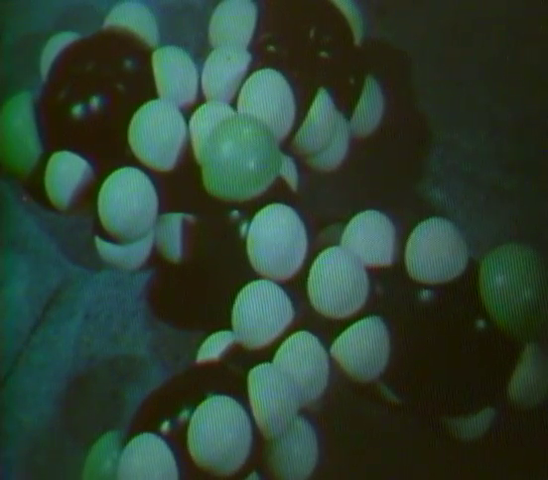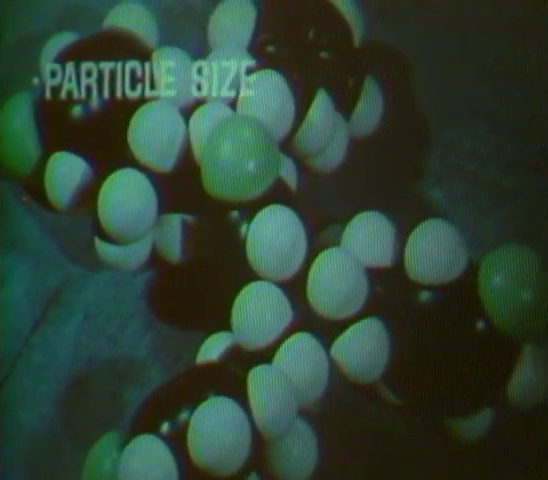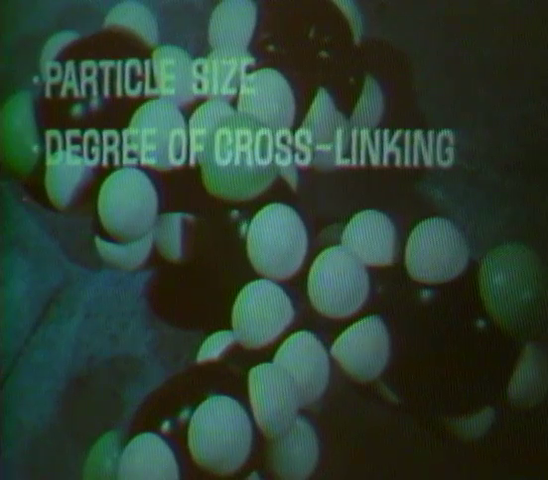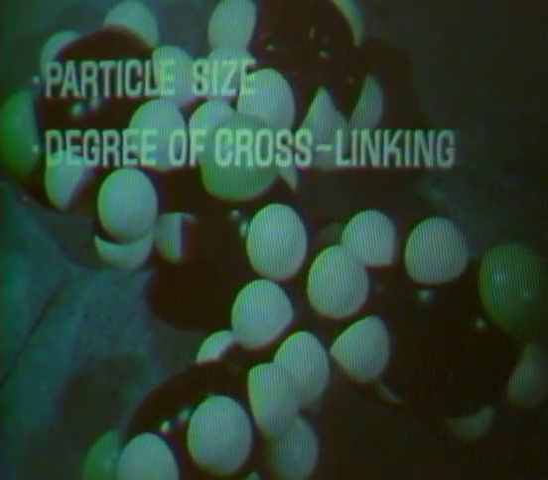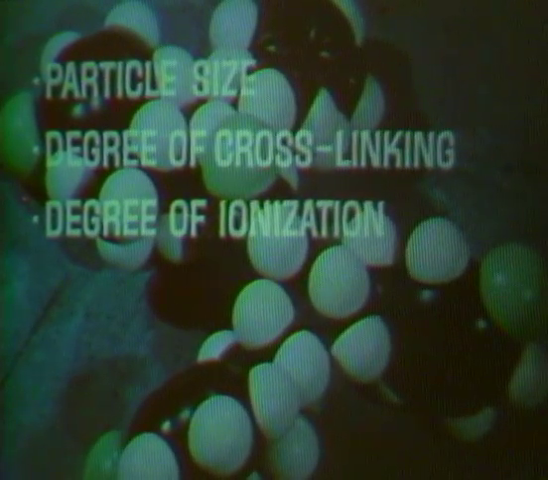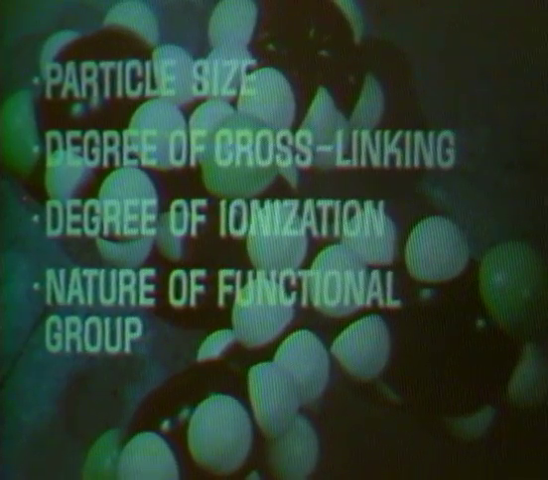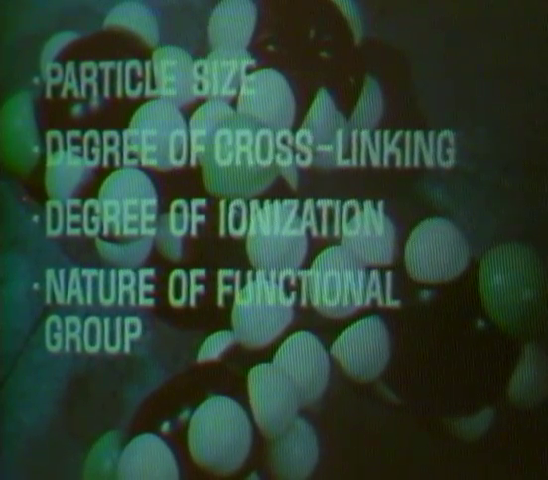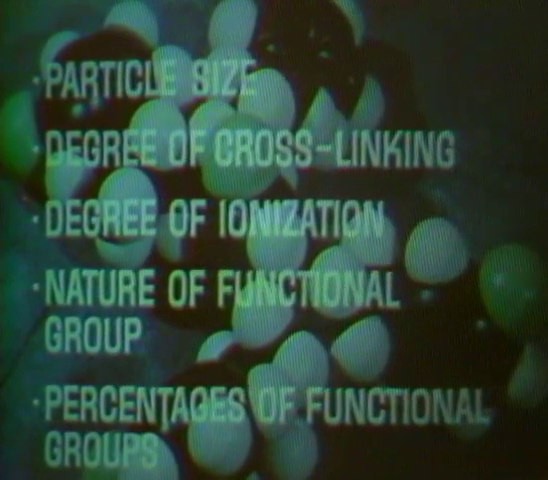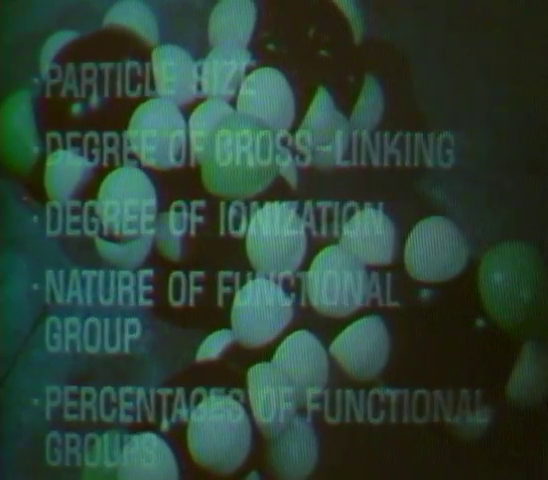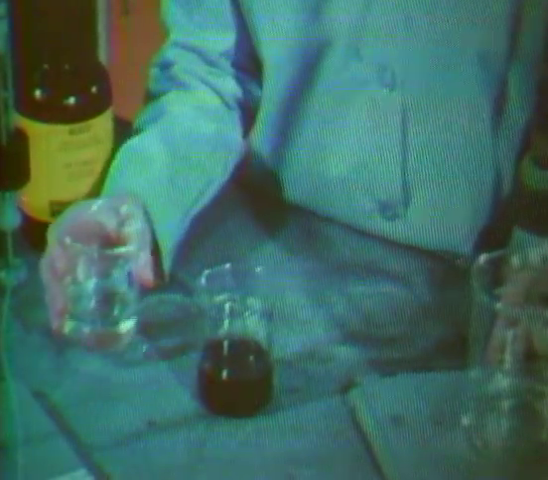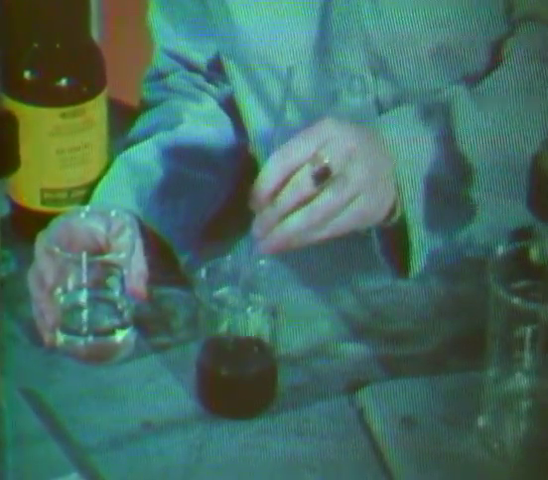Resin behavior depends on the particle size, which affects permeability and rate of exchange, the degree of cross-linking, which affects rigidity, porosity, and swelling, the degree of ionization, which affects the partition coefficient, the nature of the functional group, which determines whether there is cationic or anionic exchange, and the percentages of functional groups in the resin, which affects its capacity. A typical ion exchange process begins with selecting the proper particle size, the degree of cross-linking, and the functional